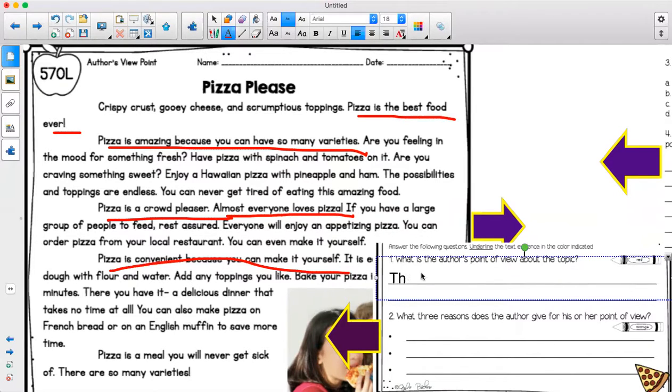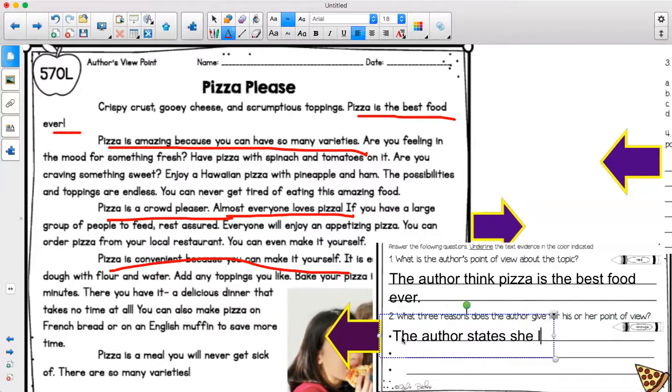I'm going to say the author thinks pizza is the best food ever, period. And what are 3 reasons the author gives? The author states pizza is the best because